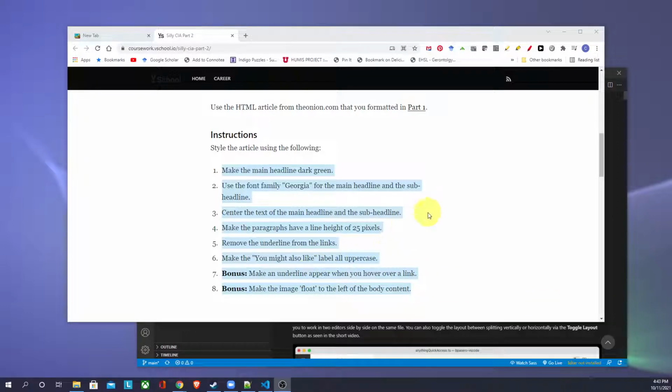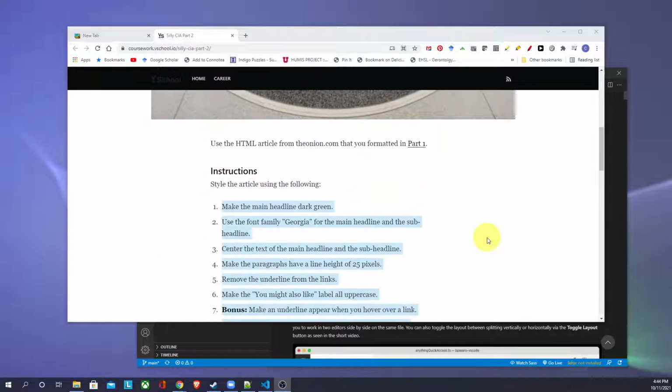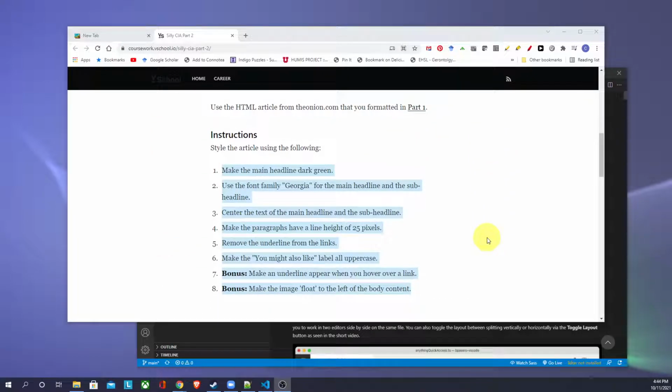Hi guys, so this is our second assignment using some CSS, and I thought I could try and go through with you some of how I might try and accomplish this. So here's the assignment description, and we did some of this in part 1,